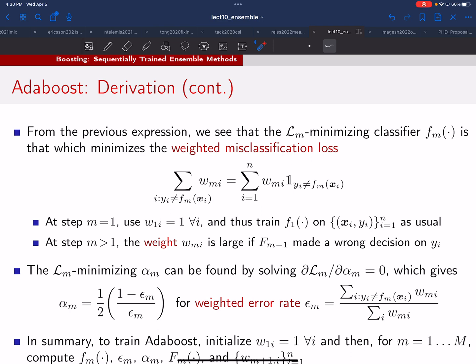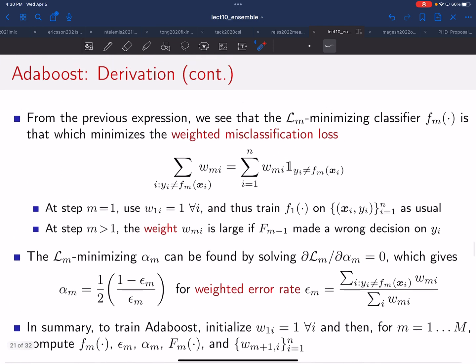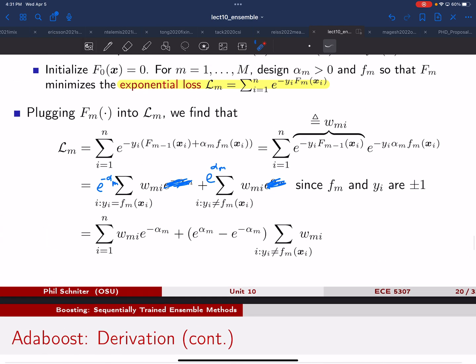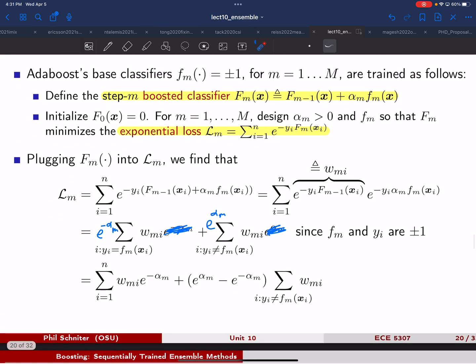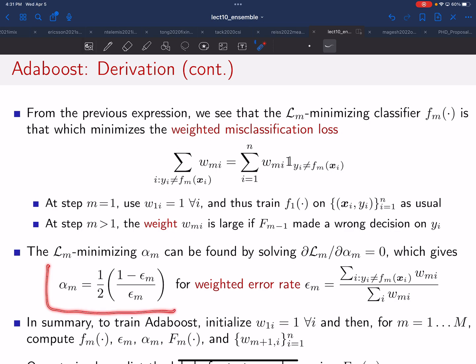Okay. So let's say we've designed f. Now our objective is to design the alphas. And to design the alphas, we want to minimize the same loss. And this is our expression. So for this, alpha is just a scalar variable at this stage. So it's pretty straightforward, right? We know how to do that. This is differentiable in alpha. So we take the derivative of this expression, set it to 0, and solve for alpha. Simple as that. And when you do this, I didn't include all the steps, but you get alpha of this